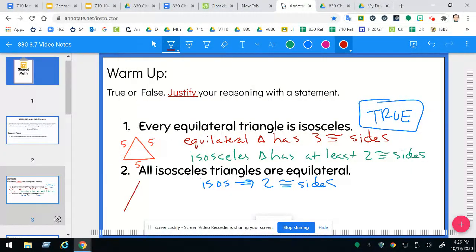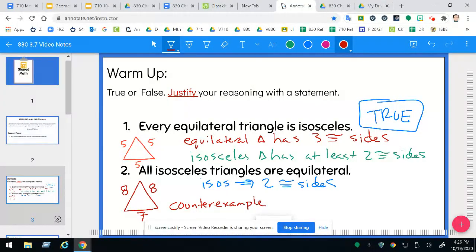What if I had an example where I had an isosceles triangle where 2 of the sides had measures of 8 and the third side has a measure of 7. That is an isosceles triangle, but is it equilateral? No, it's not. So right there, I just came up with a counterexample,